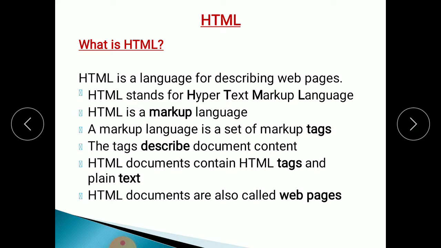So HTML documents contain HTML tags and plain text. You can write plain text in your document, and in whichever format you want that plain text, you should use that type of tag for it. HTML documents are also called web pages.